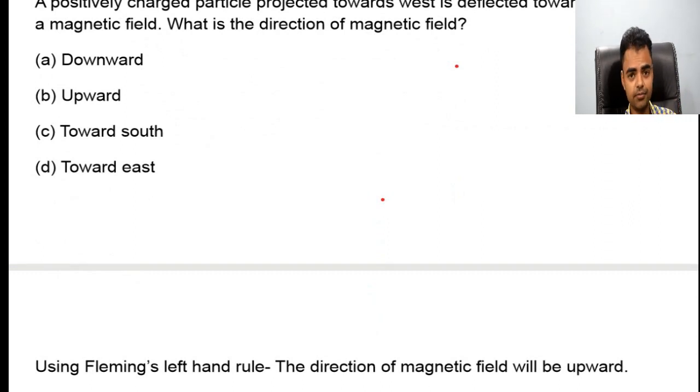So what is the meaning of this? We have to use this left hand in order to find out the direction. This one is talking about current. Its direction is, positively charged particle deflects towards north in the magnetic field. Then what will happen in this case? If we say north side, it is going north side. So let's say this is west side. So this one will be north side. So this will be upward side. So the magnetic field will go upward side. That means upside. Got it?